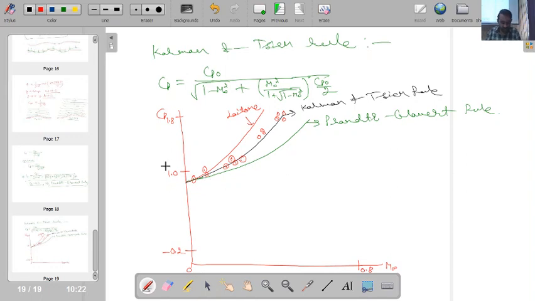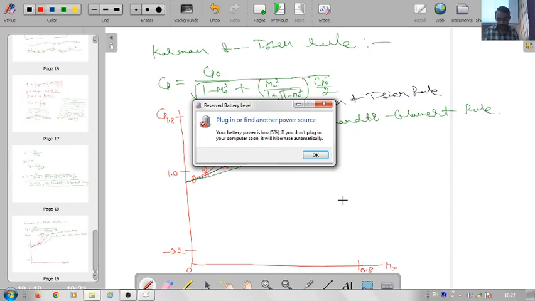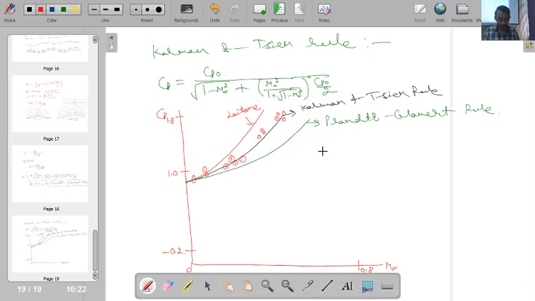Okay, so for the actual graph to the actual scale values you can refer to your textbook. It is in chapter number 9, figure number 9.8. So there you can refer to the actual graph as per the scale. Fine. Okay, so this is all about subsonic flows. So now we will